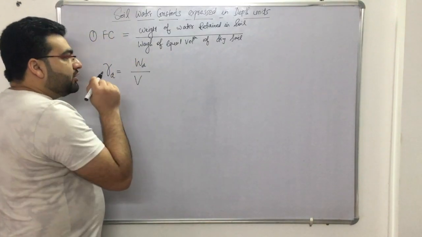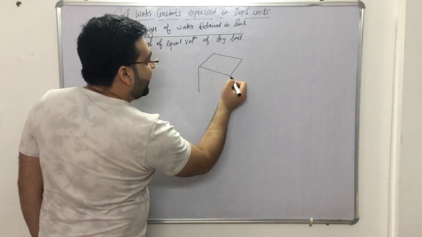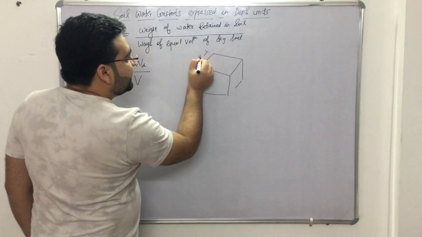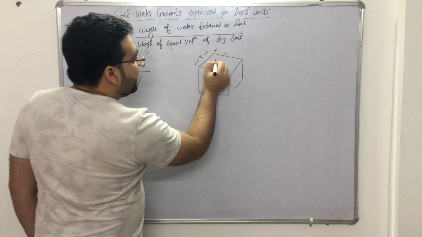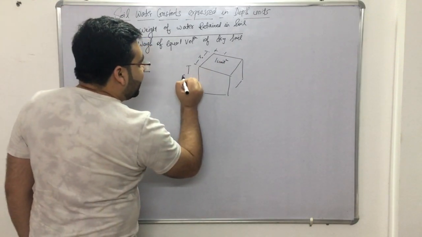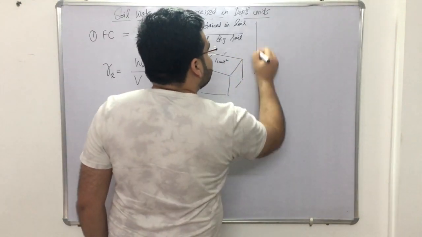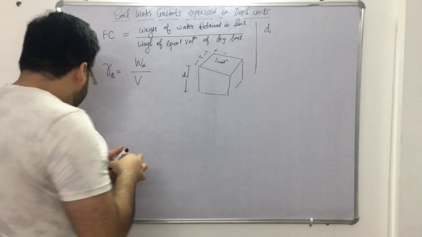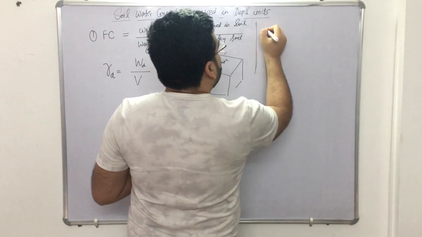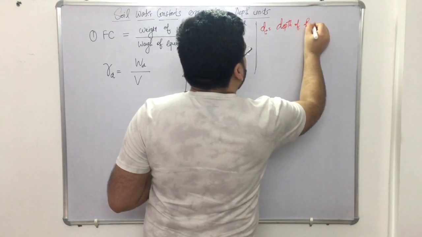Let us say that this is the soil sample, as I also gave an example. The surface area is 1 unit by 1 unit width, that is, 1 unit square is the surface area, and the depth is, let us say, ds. So ds is the depth of the root zone. Let me use another marker to make you understand this very clearly. ds is the depth of root zone.